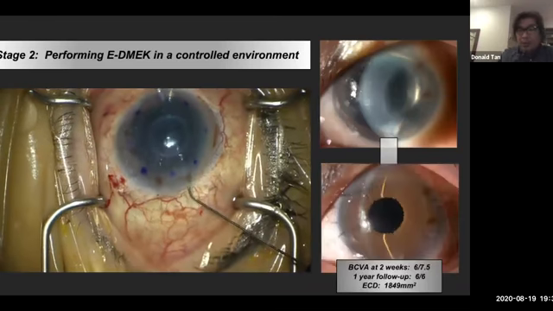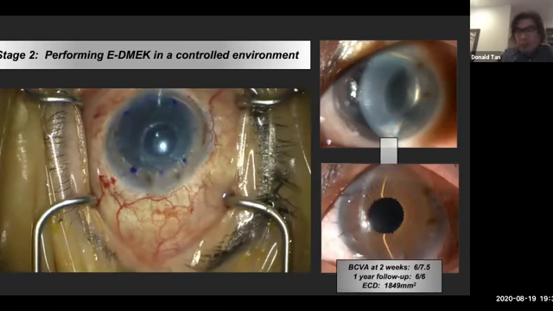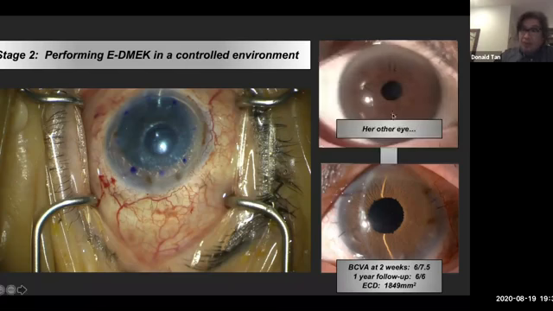This is what the patient looks like. Amazingly, this patient achieved 20/25, 6/7.5 vision in 2 weeks. And it's been a year since we've done this case now, one of our first few cases. And this patient has a cell count of about 1,800. This is her other eye, just to show you in compare and contrast. So quite similar.